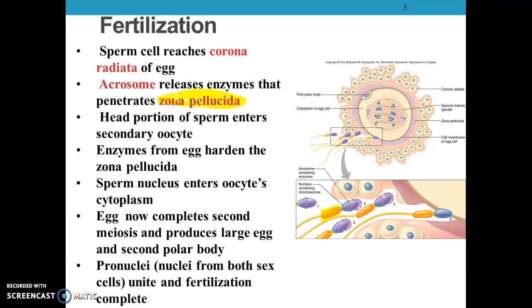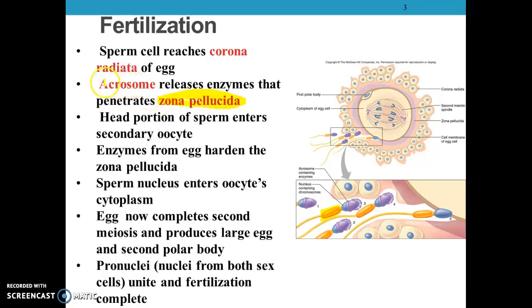All right. Now, we want to make sure that only one sperm cell can fertilize the egg. If it's more than that, there can be issues. We spend a lot of time talking about how the male donates one set of chromosomes, the female donates one set of chromosomes. If two sperm cells could fertilize the egg, that's two sets of chromosomes from dad and one set of chromosomes from mom. That's too many chromosomes, so that would be an issue. So what that zona pellucida does, it's an outer layer that protects the egg to make sure that multiple sperm can't go through. So it's a hard, protective layer.